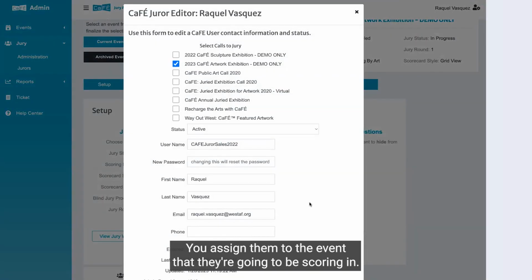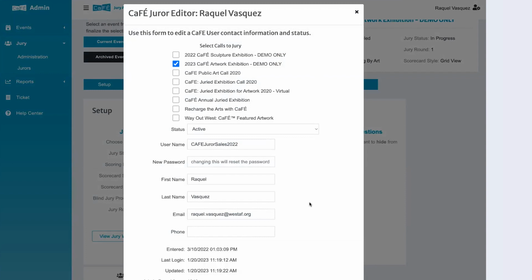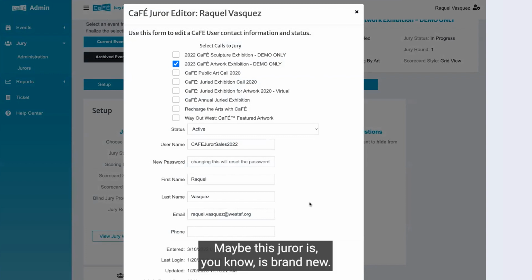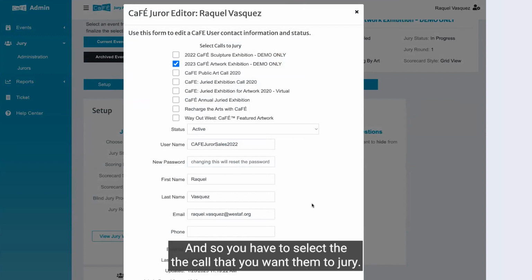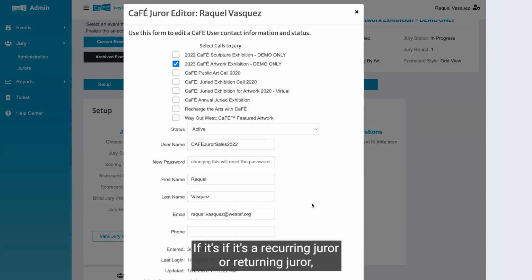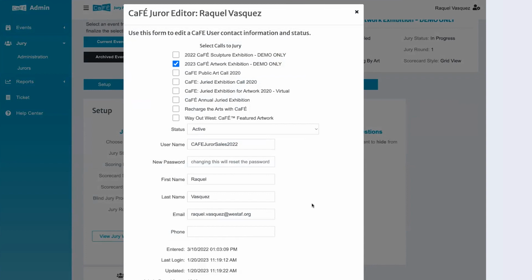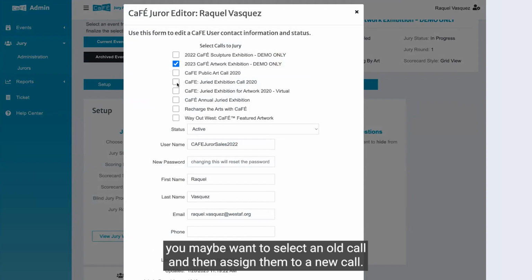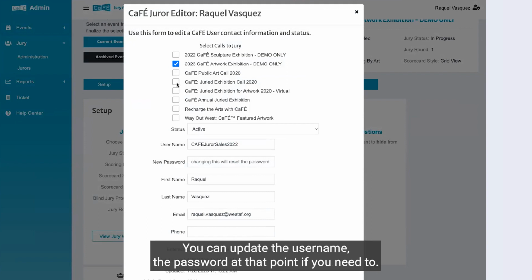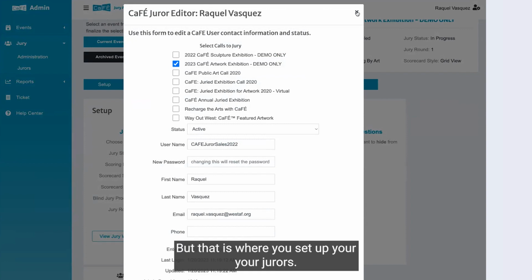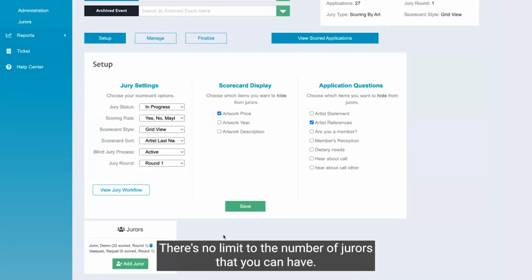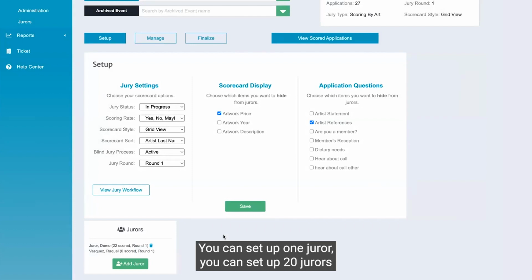You assign them to the event that they're going to be scoring in. Maybe this juror is brand new, and so you have to select the call that you want them to jury. If it's a returning juror, you maybe want to unselect an old call and then assign them to a new call. You can update the username and the password at that point if you need to. But that is where you set up your jurors. There's no limit to the number of jurors that you can have. You can set up one juror. You can set up